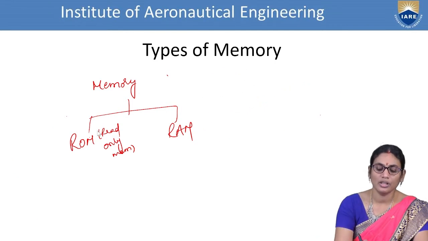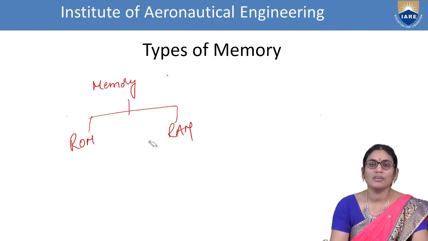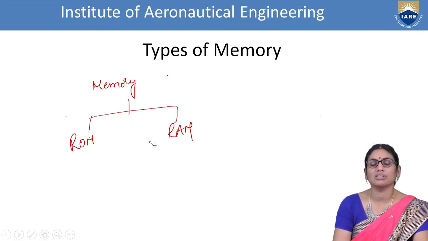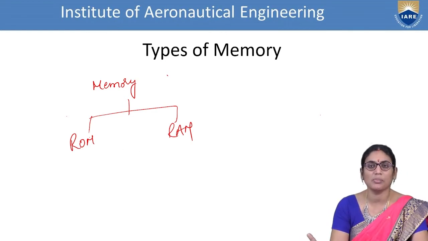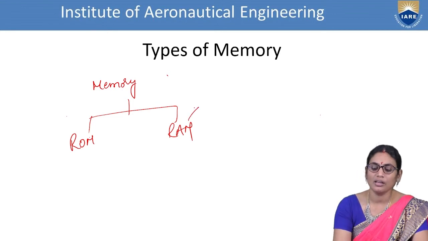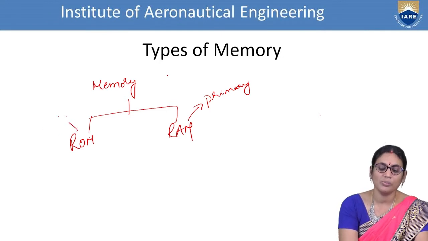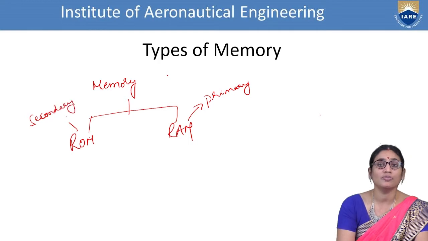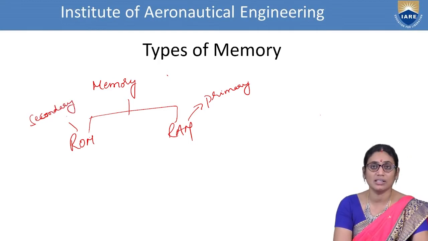In another way, we can also say that memory is generally classified into two basic things, that is primary and secondary. In one way, RAM can act as a primary memory because it can hold only a smaller extent of information, whereas ROM can be considered a secondary memory because it can hold for a longer time of execution. So these are the two basic classifications which we can directly perform.